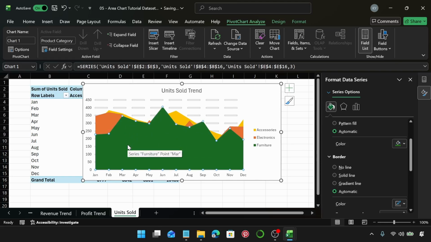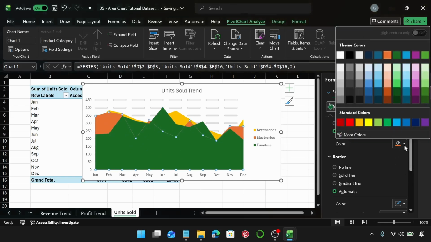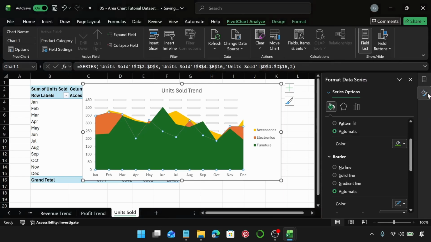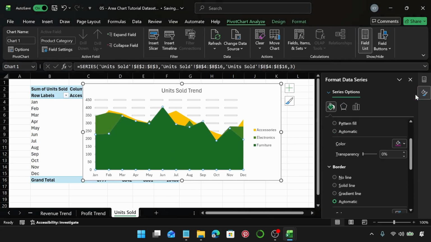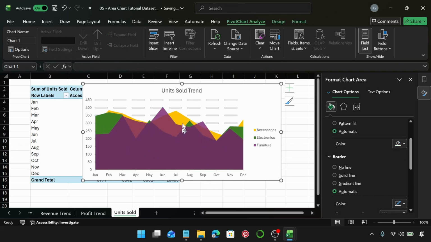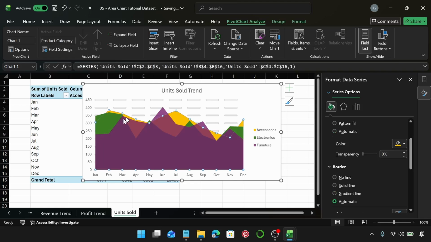So one of the ways you can fix this is to change the opacity. Let me select this. Let me change it to that actual green color that we have there, and I'm going to select this one. I'm going to change it to this purple color. Let's select this, and we can change the transparency. Let's try 20%, and then you can see behind it now. We can now see the area of the first one, well, parts of it, but we can't see in between